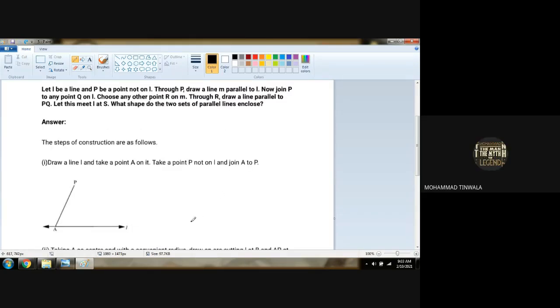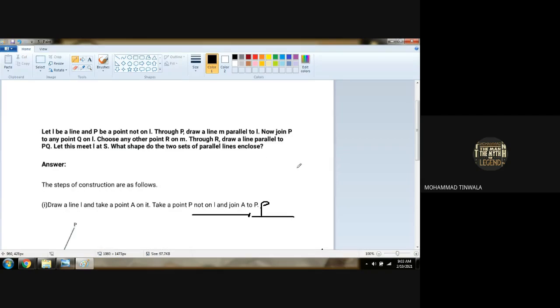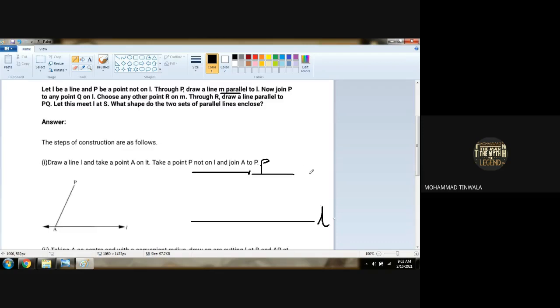Now what we have to do is, there was line L and point P. From point P we have to draw another line parallel to L. Which line has to be drawn? Line M, so this will be named line M. It is already given in the question. And we know how to do the construction, as in question number 1, yes or no? Yes. Now join P and Q at point Q.